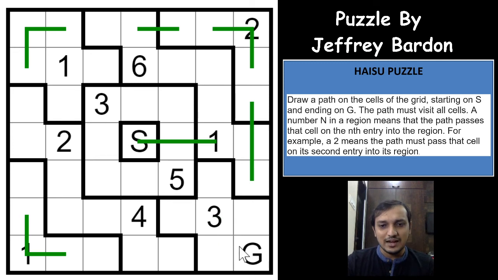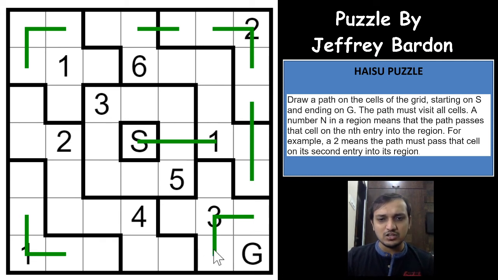Superb. And which means that this is a region that will be common for both the ways the 3 will go, right? So this 3 will be the last entry in the region, and that will have to connect to the G, because there are exactly 6 cells, and this 3 will use at least 2 cells. I would say 3 cells, not 2 cells, because even if it uses 2 cells, then you won't have enough. The other G will use 1 more cell, and you won't have enough entry points in that region.